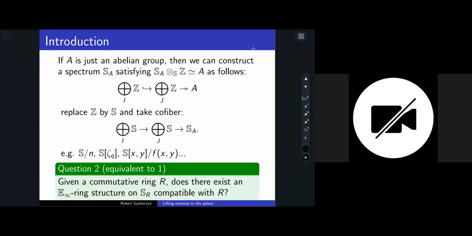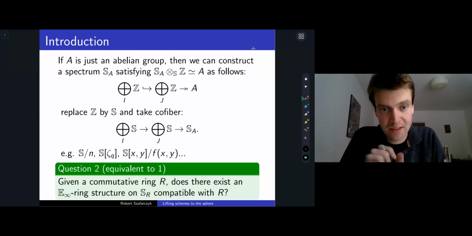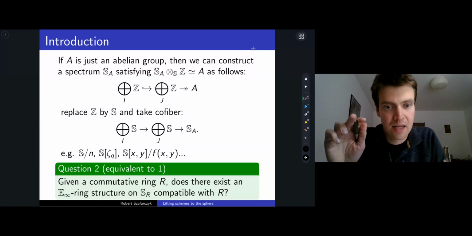Sorry, hi. Could you clarify why it's not functorial? Because if it's unique, then surely it will preserve compositions, right? Well, the object is unique up to equivalence in the homotopy category. But if you try lifting maps, then